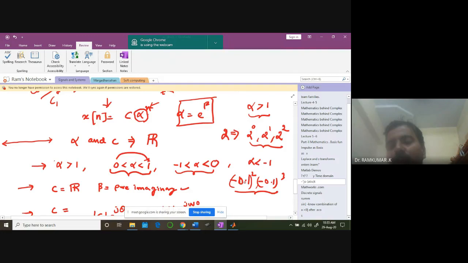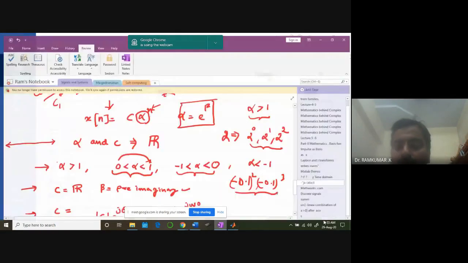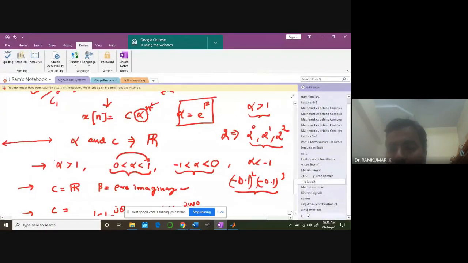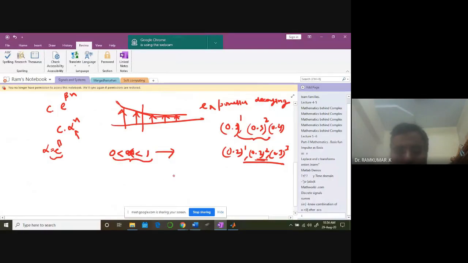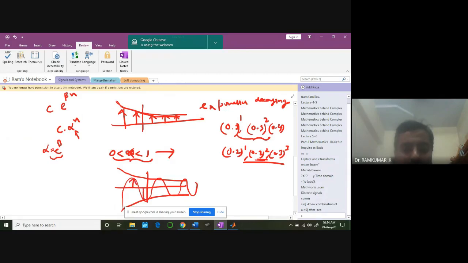Okay, you can see initially there is a positive sign, decreasing. The second one, it is decreasing, but the sign is negative. You understand? So naturally, positive and negative signs is what you are going to get in the corresponding waveform. Look at this. We're going to have something like this. Okay, I'm going to have this kind of a waveform, is what I'm talking about. But I'm going to have samples like this. Here another side, positive, negative, positive, negative. This is the kind of waveform I'm talking about for values of alpha lying between 0 to -1.